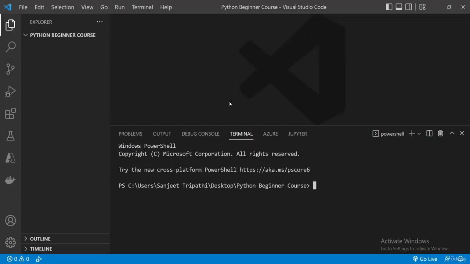Hi everyone. So let's start with the first program of Python. In this tutorial, we are going to create our first Python program, Hello World, and we will also see how you can get an output in Python programming. So let's begin by creating the first Python file. As we all know, the extension for Python is .py. So to create a file, all I have to do is write the file name. Let's say this time I'm writing hello world